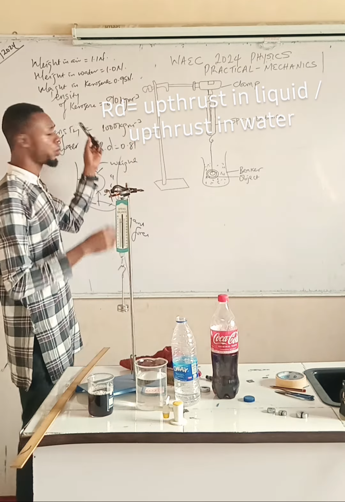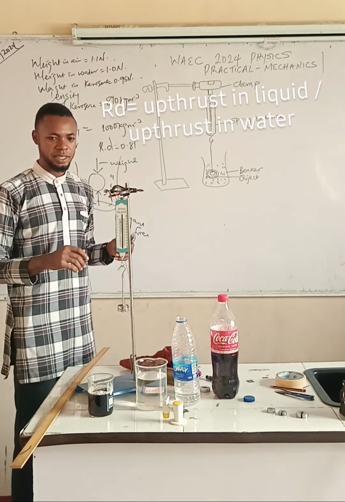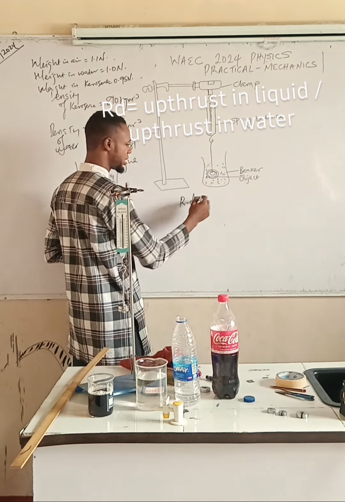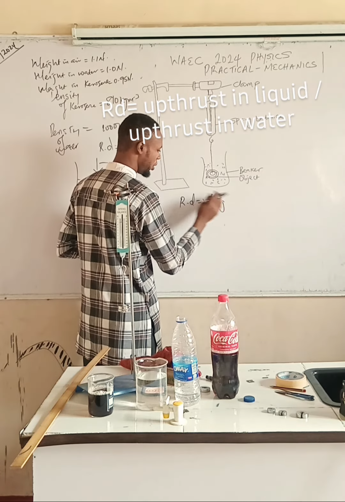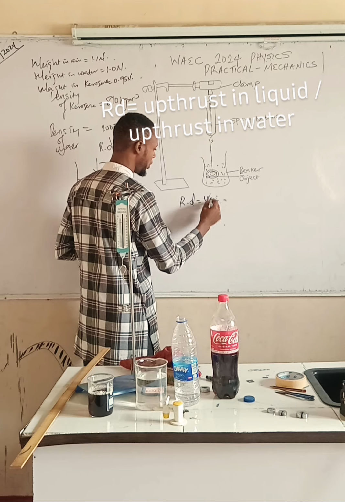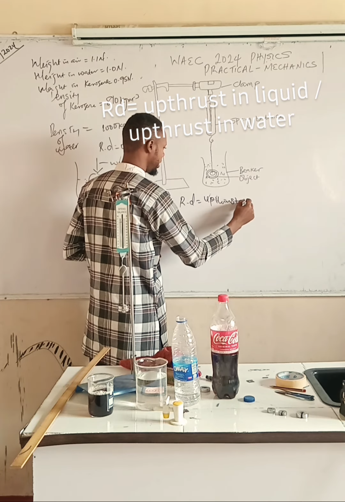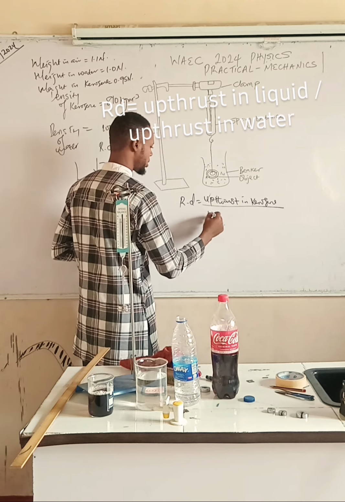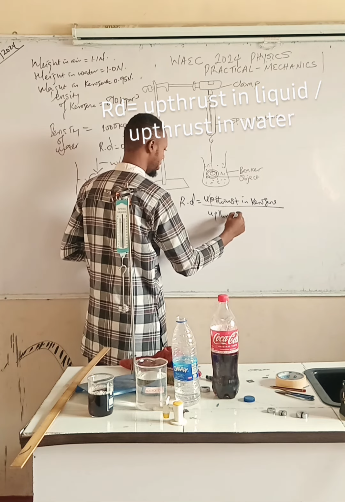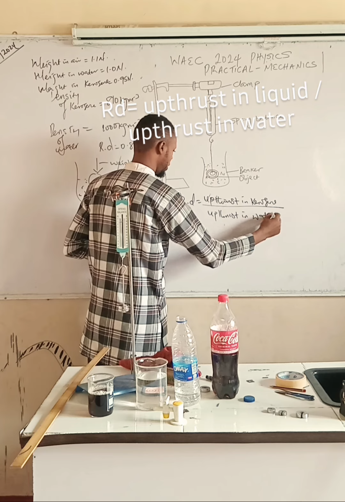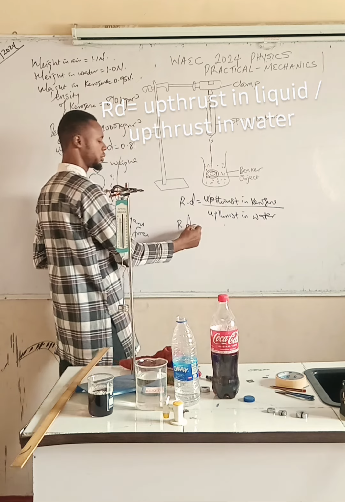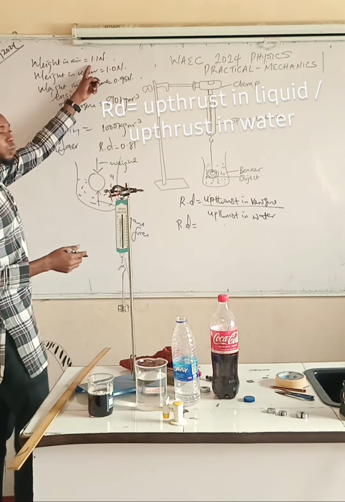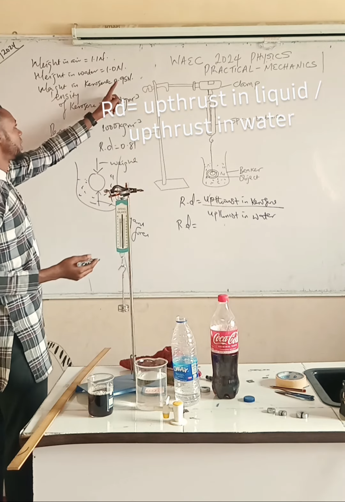So with that now, let's quickly check if my relative density is actually in line. So I'll be having relative density here is equal to weight in air. Okay, since we're dealing with two different liquids, I'll be working with upthrust in kerosene over upthrust in water. So how do we calculate upthrust? Upthrust is simply the loss of weight. A body that was weighing 1.1 in air now weighing 0.95 in